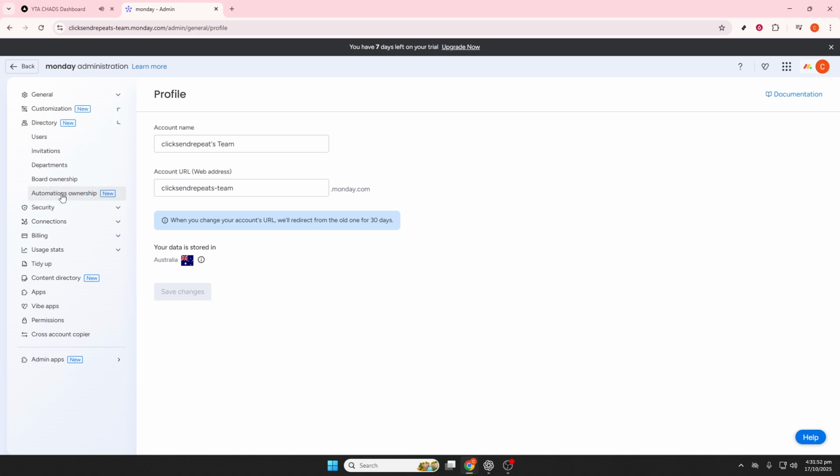Let's not forget about collaboration with your team. Monday AI is designed to work seamlessly with your team. You can tag teammates, draft messages, or use AI to summarize comments. The entire team can edit and run